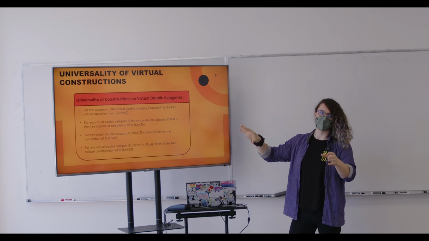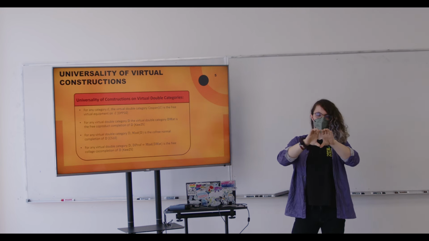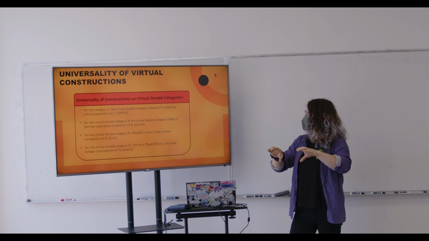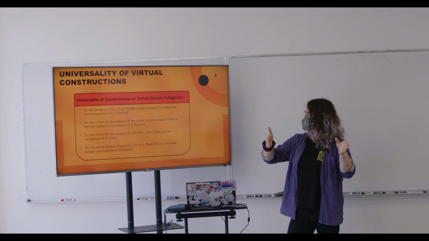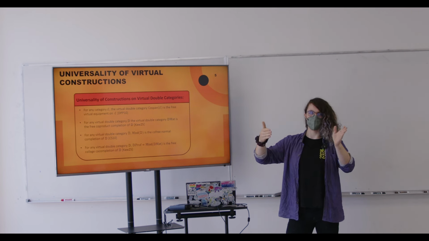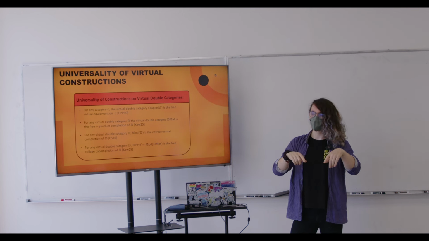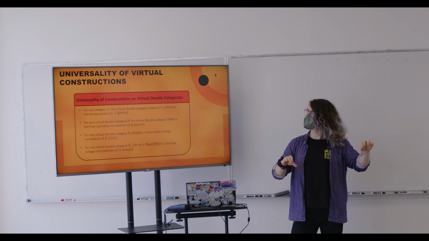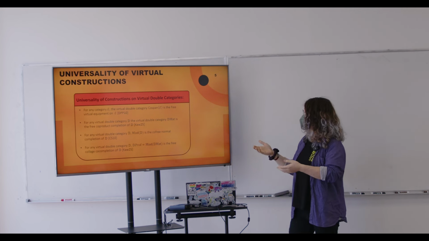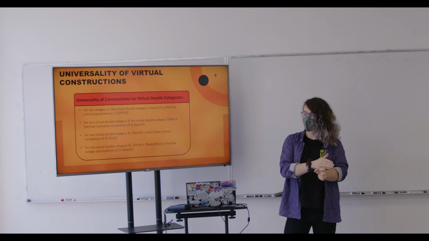I'm not going to get too much, or really at all, into it in this talk, but we can characterize the notion of composition as certain universal cells, and just the existence of these universal cells is enough to guarantee that the virtual double category actually represents a pseudo double category. So we can reduce all these coherence checks for pseudo double categories to just checking the existence of some universal cells. So that's another reason why it's nice to work with virtual double categories, even if you're only really interested in pseudo double categories.